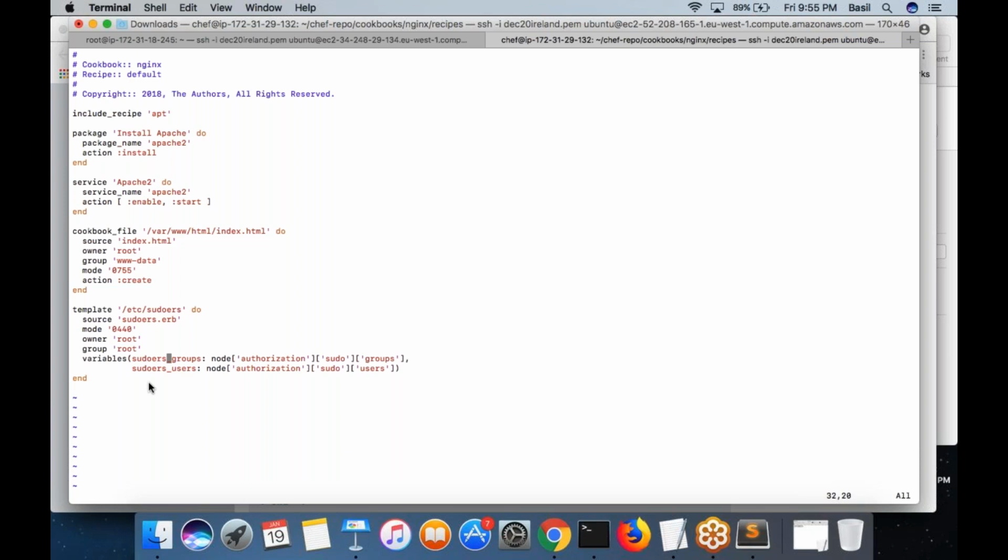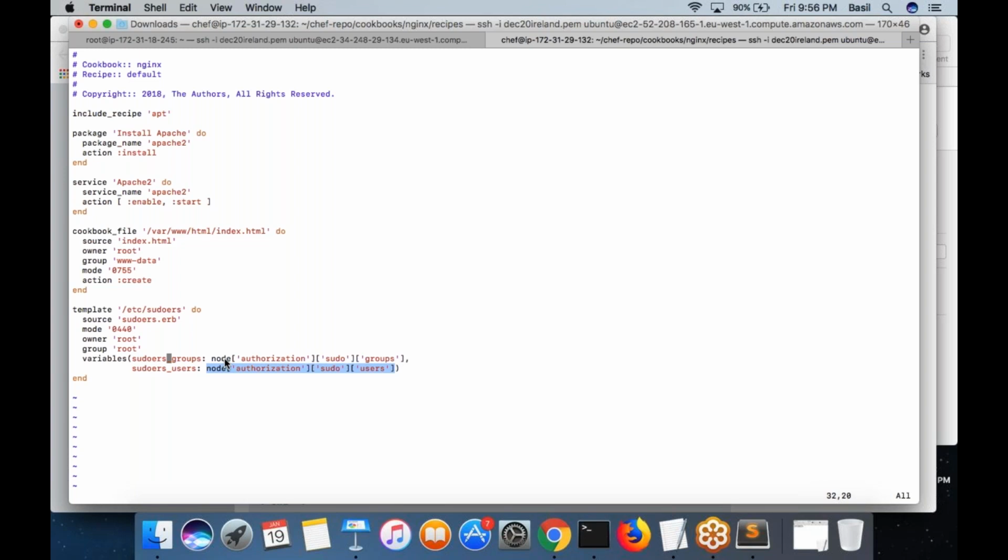Okay. Here I am defining 2 variables. The sudo base group is equal to some attribute. The sudo base users is equal to another attribute. This is nothing but some attributes which I am going to define inside my attributes folder, of course.